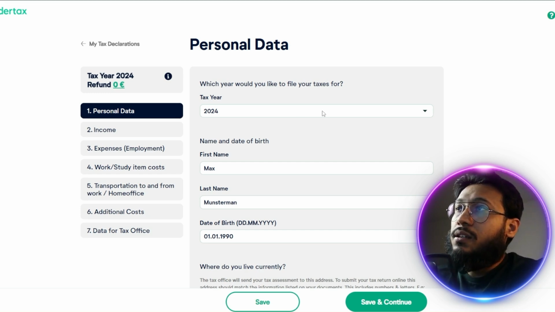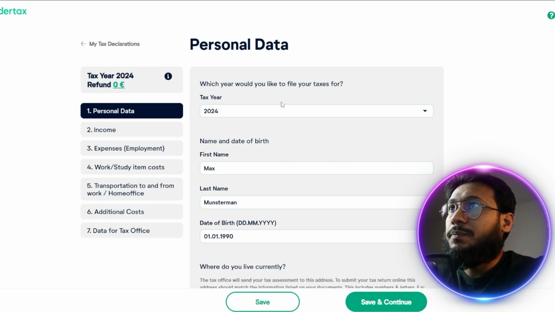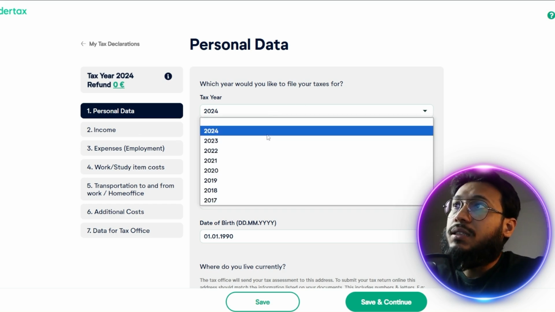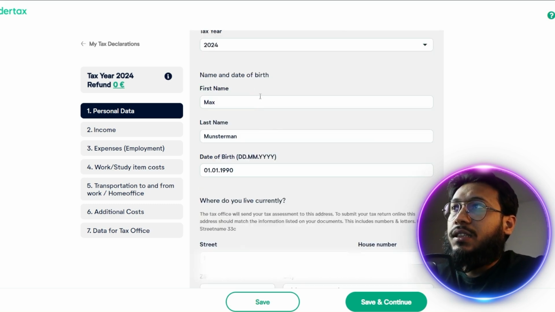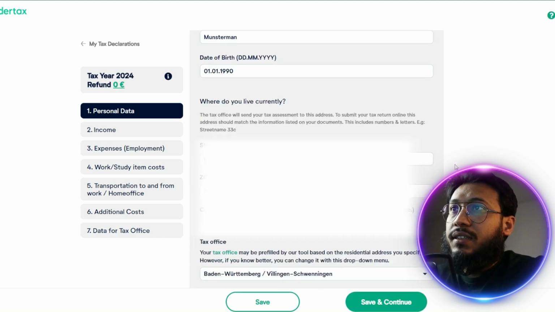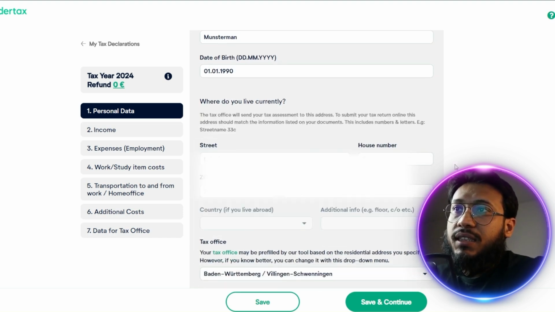So you'll come first to the personal data section. Here we're going to select from the drop-down list again the 2024 tax return. In the name and date of birth section, we'll put in our first name, last name, and then date of birth. After that, we're going to put in the street, house number, zip code, and city where we live in